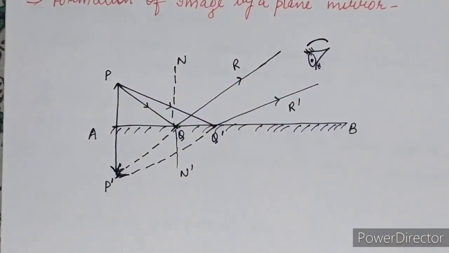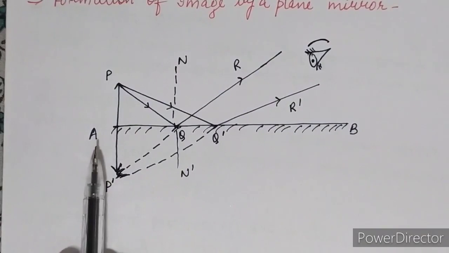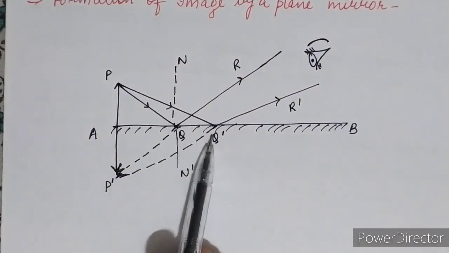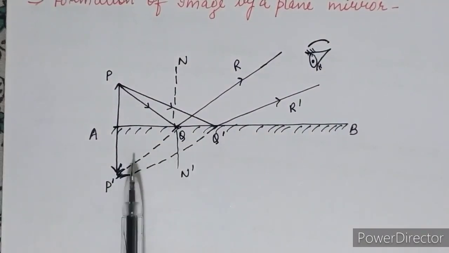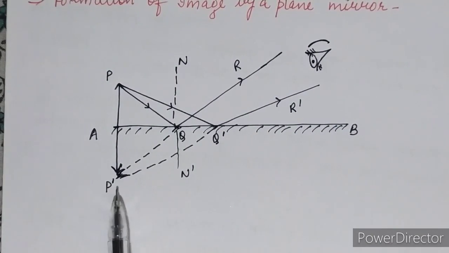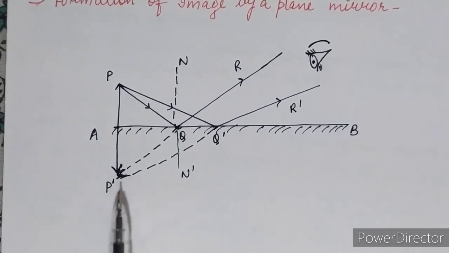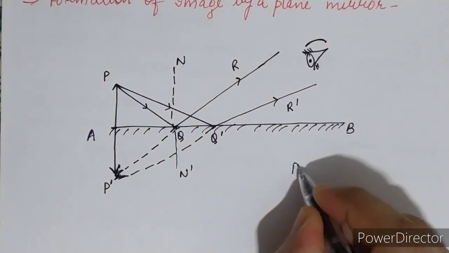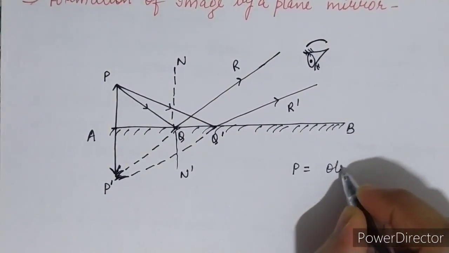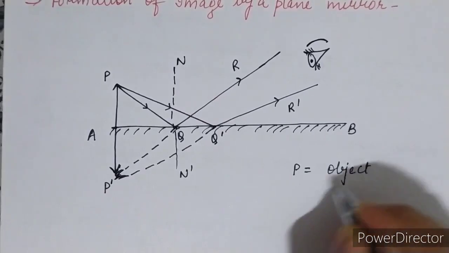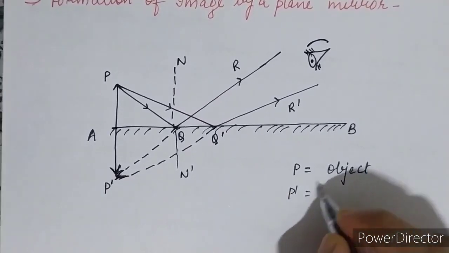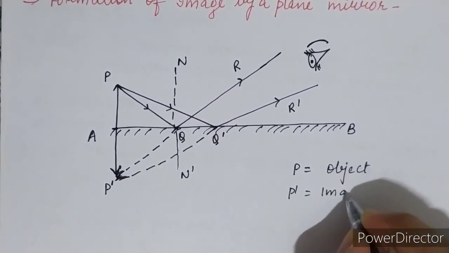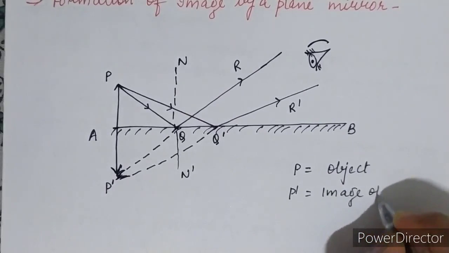So these rays have been reflected and seem to be coming from P dash. Now, P dash, okay, what is this, beta? P is the object, P dash is the image of the object,